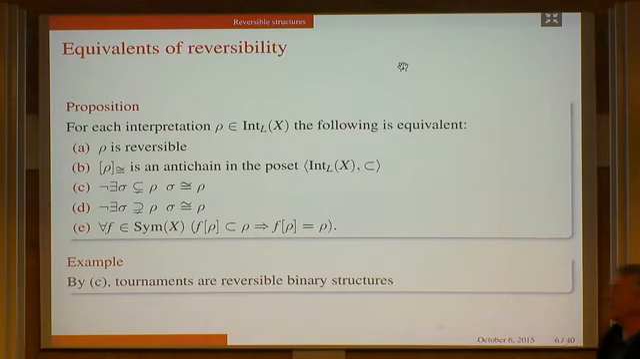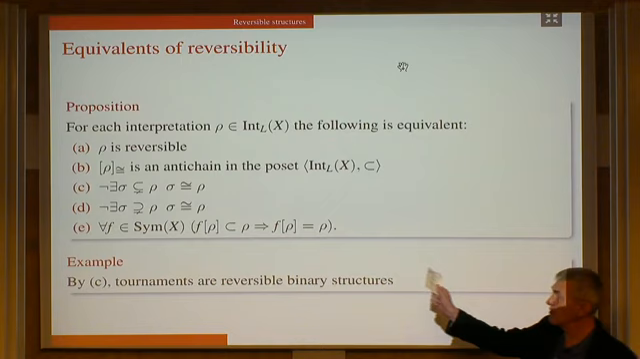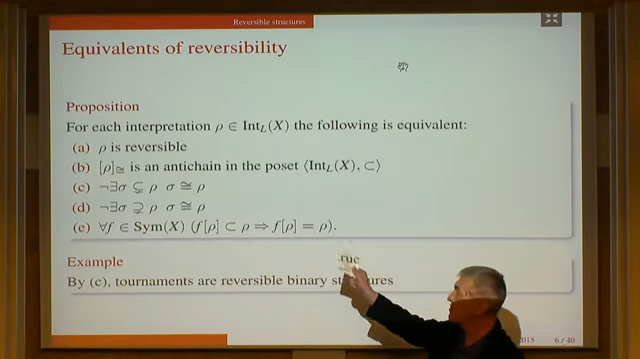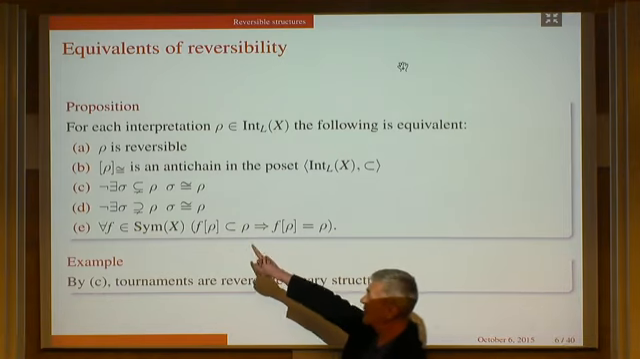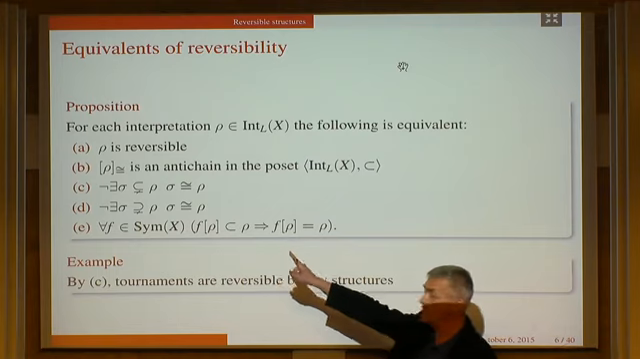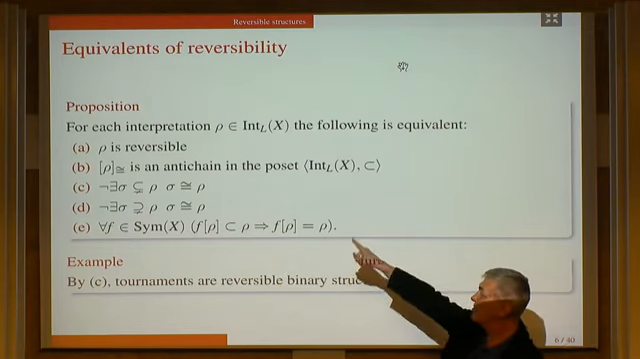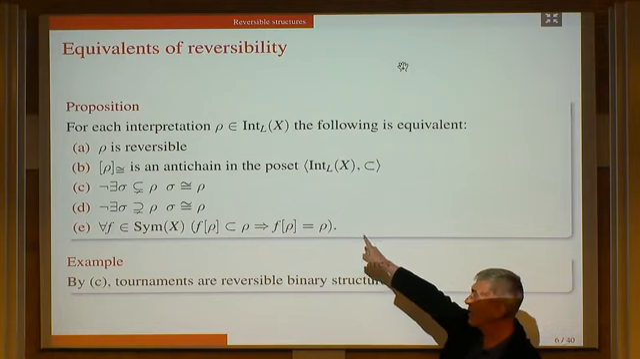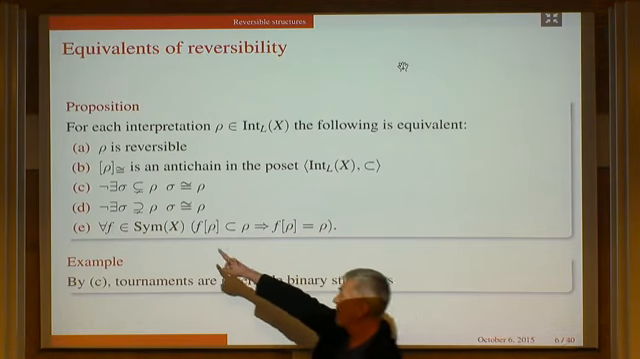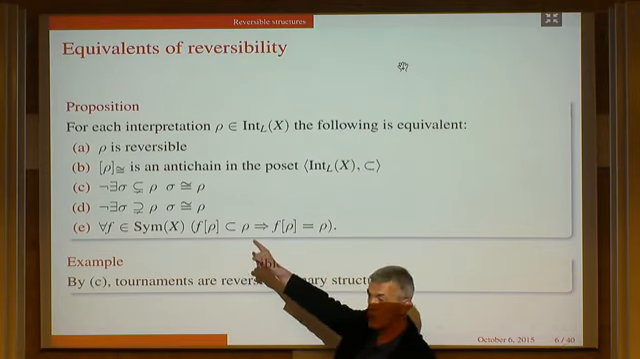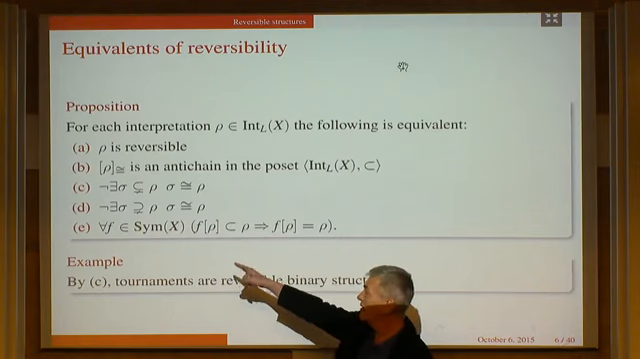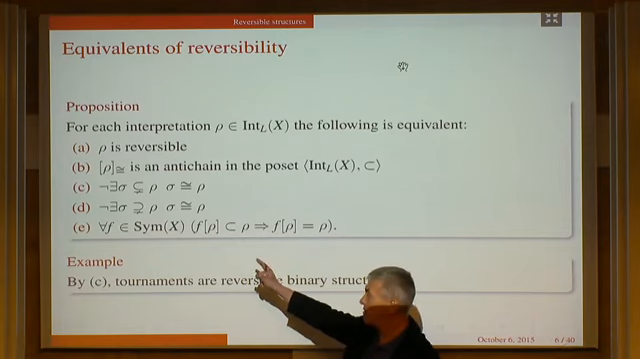These equivalents are very clear. A relation, in fact, interpretation rho is reversible if and only if the isomorphism class is an anti-chain in this Boolean algebra, if and only if there is no smaller relation sigma which is isomorphic to rho, if and only if there is no larger relation sigma which is isomorphic to rho, and